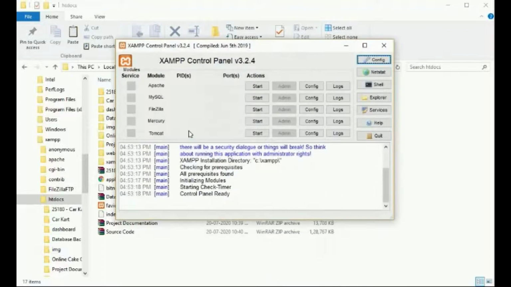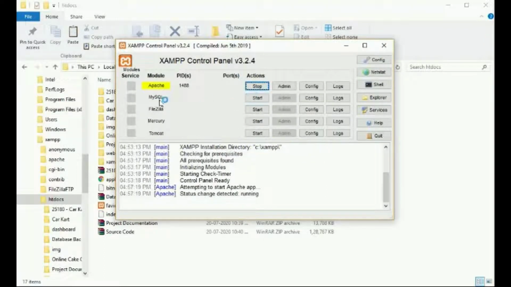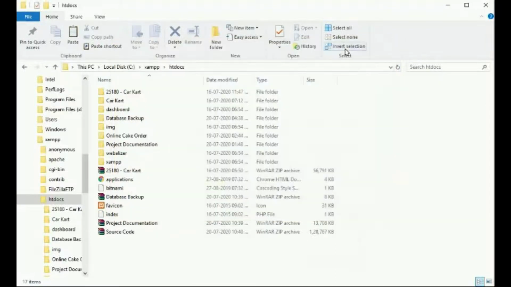Now let's open XAMPP control panel and start Apache server and MySQL server. We can see the status change detected as running for both MySQL and Apache servers.